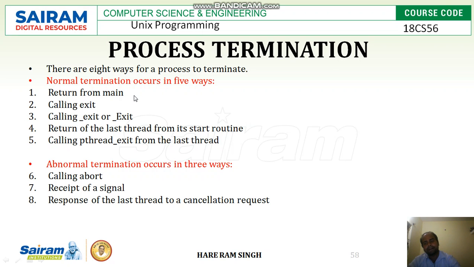Those 5 ways are: first, return from the main function. Everything in the main function gets executed, and then it returns. Then calling exit, then calling _exit or _Exit. Then fourth is return of the last thread from its start routine. Fifth,